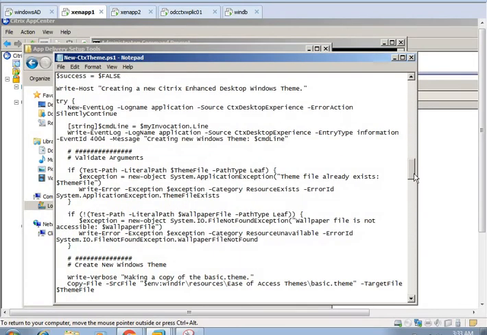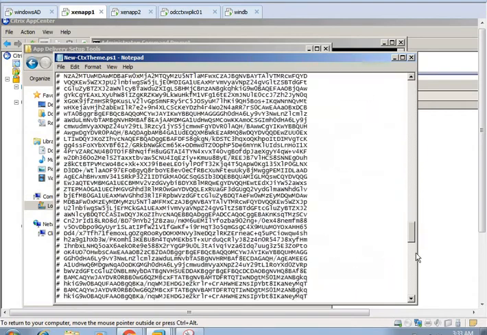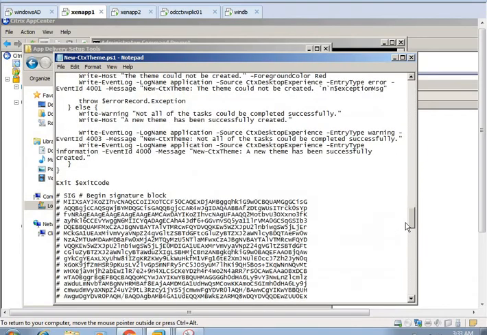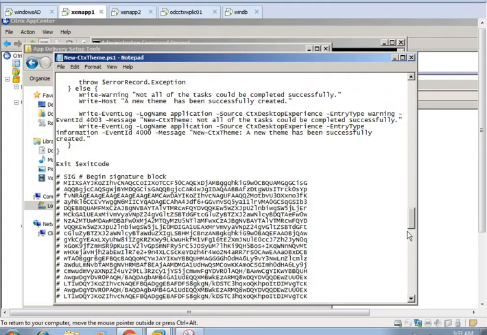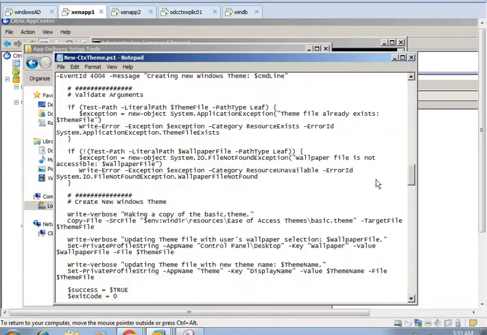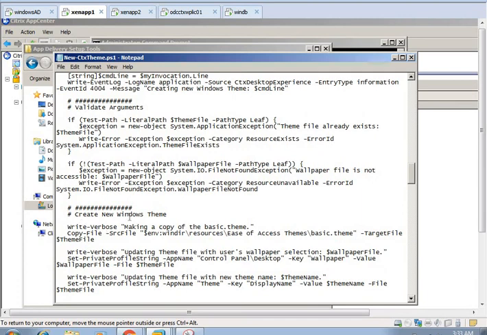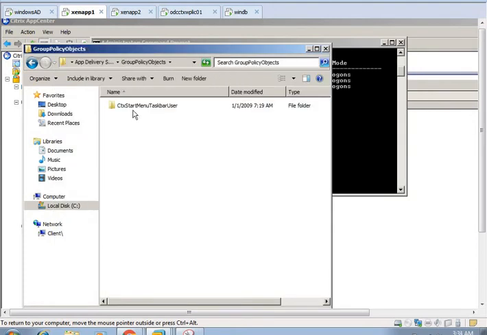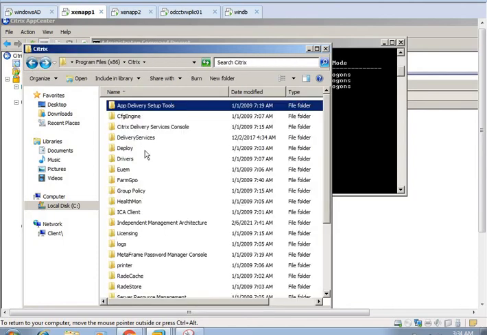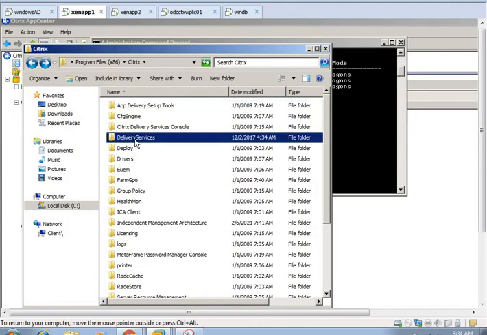We can see where the command line is, and this is the signature block. Create new window theme is a PowerShell command in this, and also we can see the delivery services.